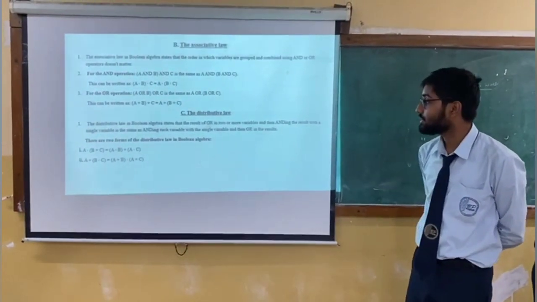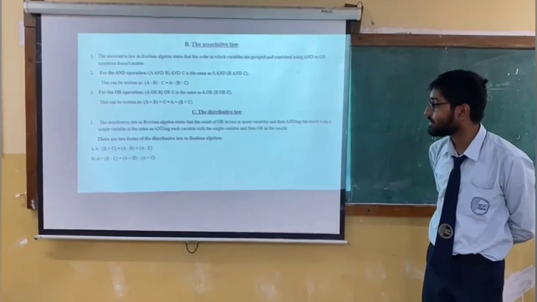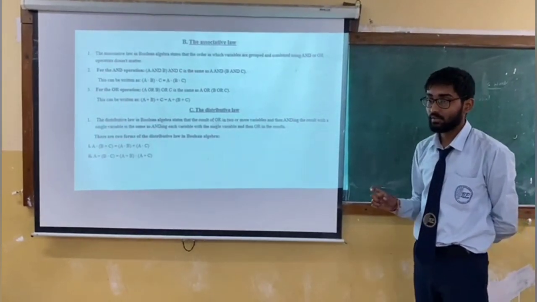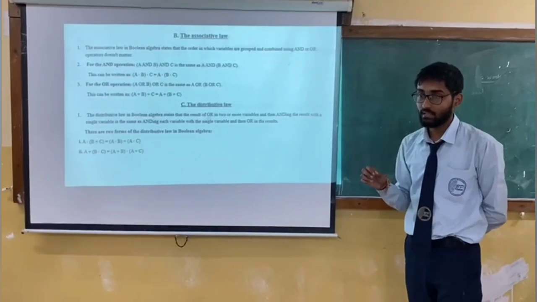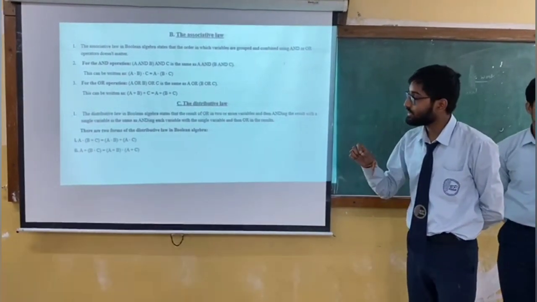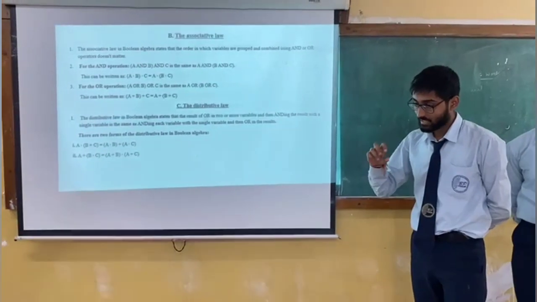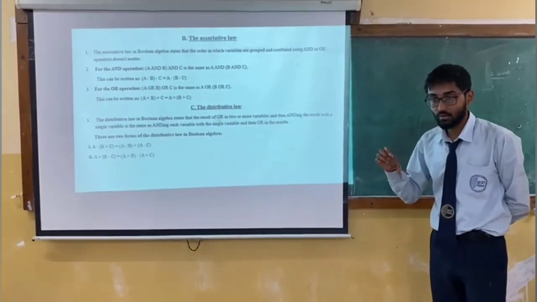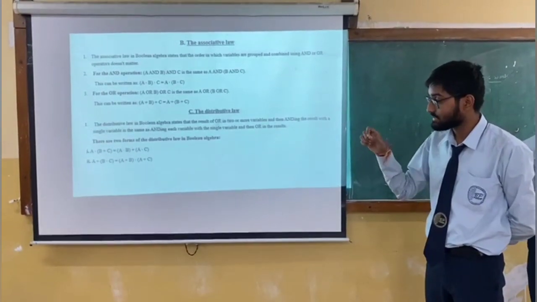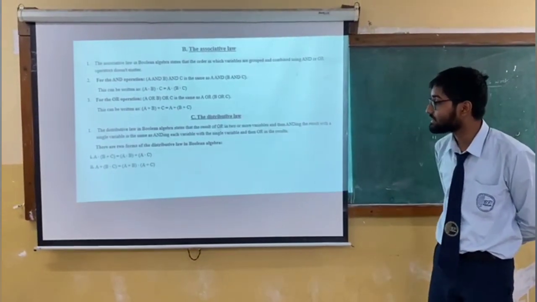Coming to the distributive law, if we have 3 inputs, we use an AND gate at first, then an OR gate where B and C are the inputs. The OR gate output is attached to the input of the AND gate where A is another input. So we get the same result as A and B